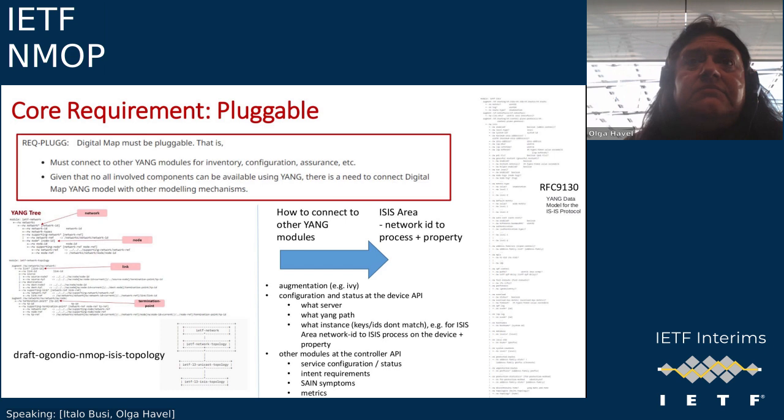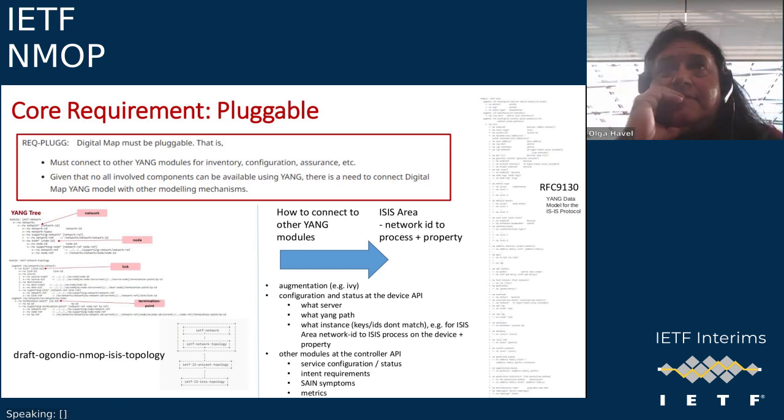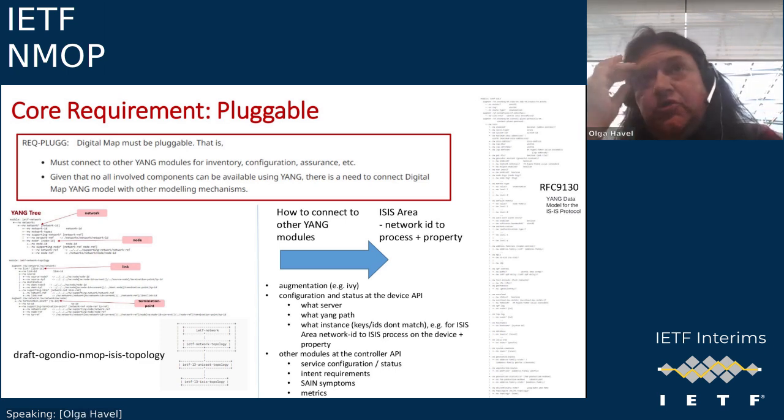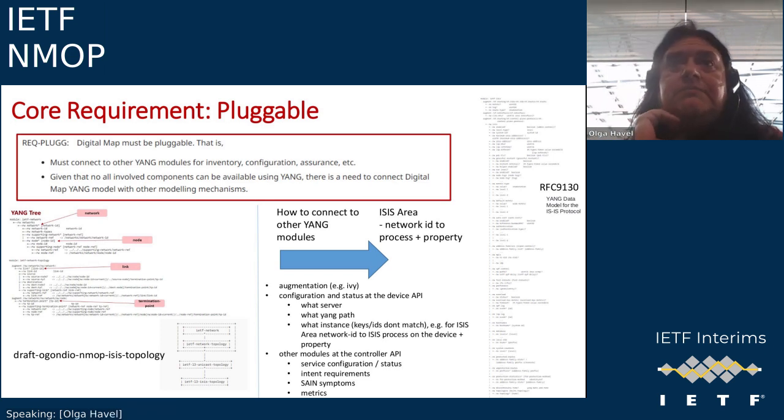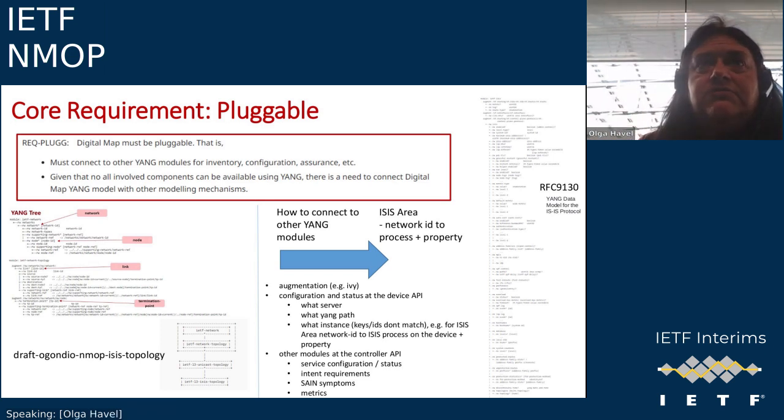Olga, I think instead of pluggable, we say that they should interact with other models. Yeah, and we'll make it more generic. Okay, change the name of the requirement to be link to other models, is it? Correct. Yes. Okay. Thanks. So we'll use this one as the requirement just for YANG, and then for metadata we would